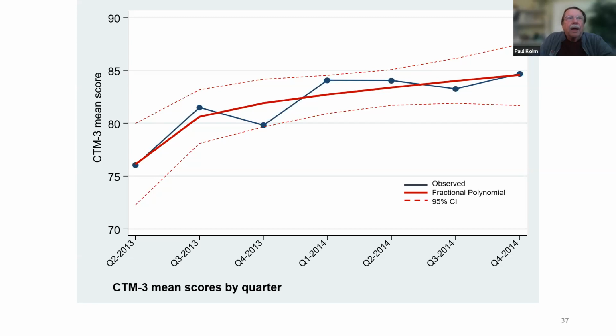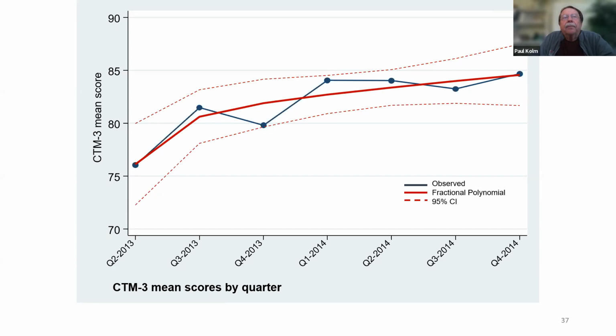And so what is plotted here are the means at each quarter. And so what we've done then, with just using these data points, is apply fractional polynomial regression, and we get a smoothed function of the relationship or the change in